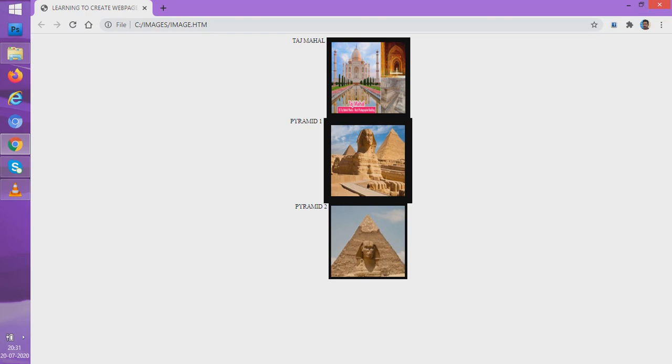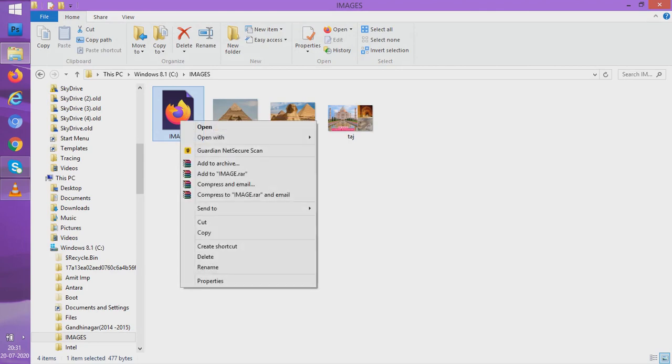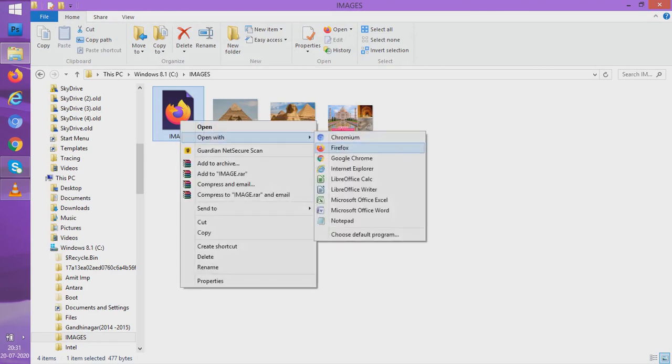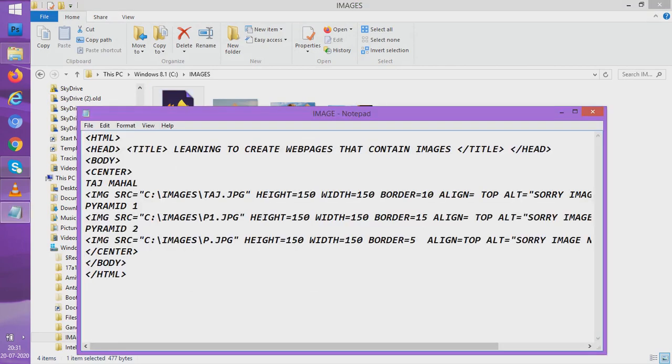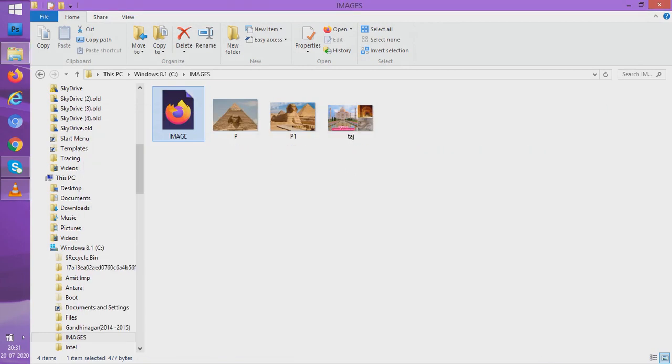What we have done is I had to give the whole path for the images earlier. But now, students, see, I have kept the HTML file as well as these three photographs in the same folder. So now I don't need to tell HTML the path of the images. HTML will by default search this given folder for the images.